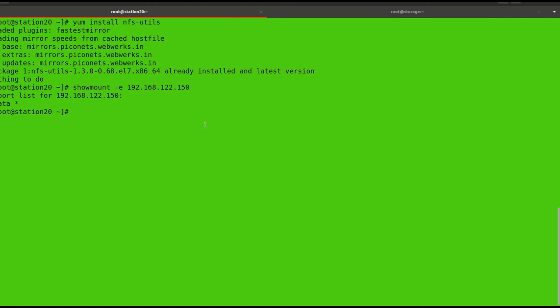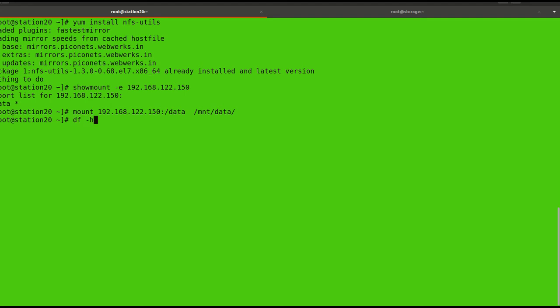Okay, so there is a command, mount 192.168.122.150, the remote system IP address, then which directory is shared by the remote system, /data, and where we want to mount it, on /mnt/data. I already created /data inside /mnt. So that's it.